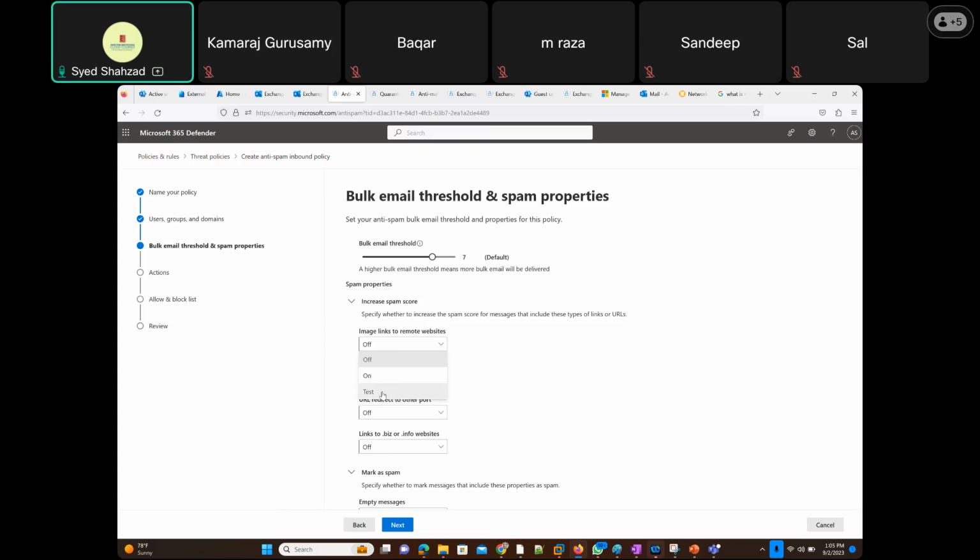And you can put it to test as well. That's also a very good thing, that it's going to still let you click, but it's going to at least warn you that, hey, this is the policy that's going to be in effect in future. Numeric IP address,